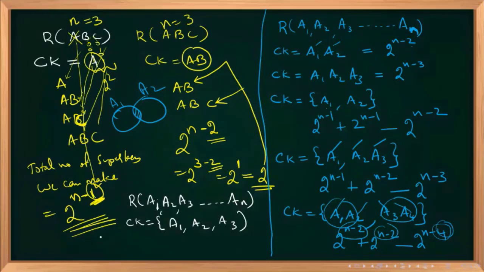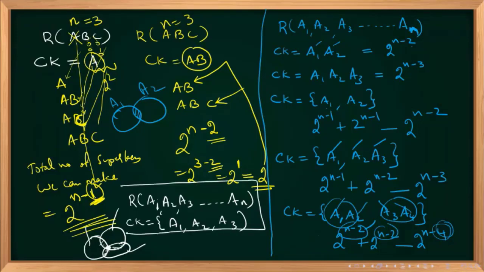I will just give a clue. This will be the case. This circle, but add this one, add this one, add this one, then minus intersection of this one, minus intersection of this one, minus intersection of this one, and add the middle one. So you have to tell the answer tomorrow for this one. You have to think and tell what could be the answer. The question is: for 3 candidate keys, how many super keys are possible? Okay, very good.